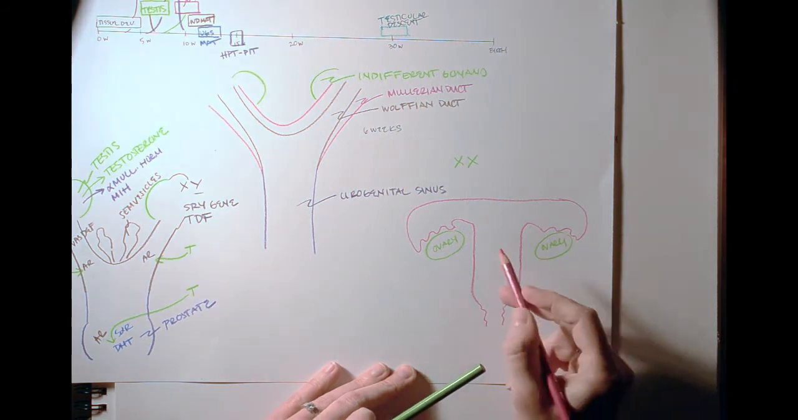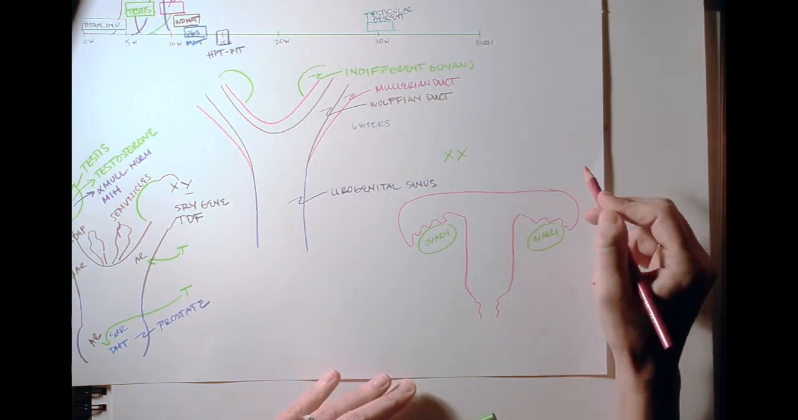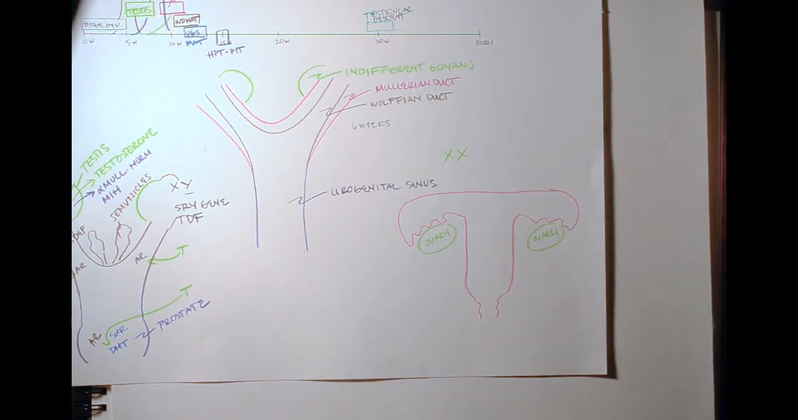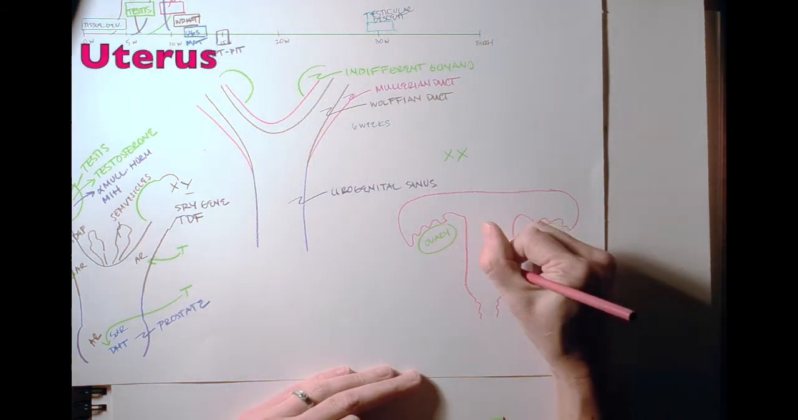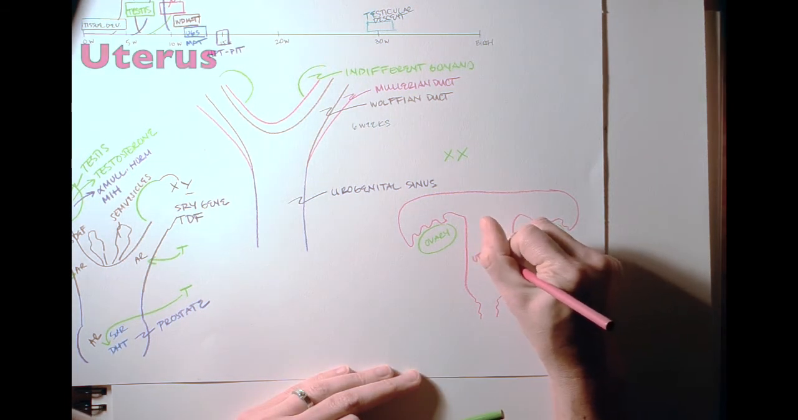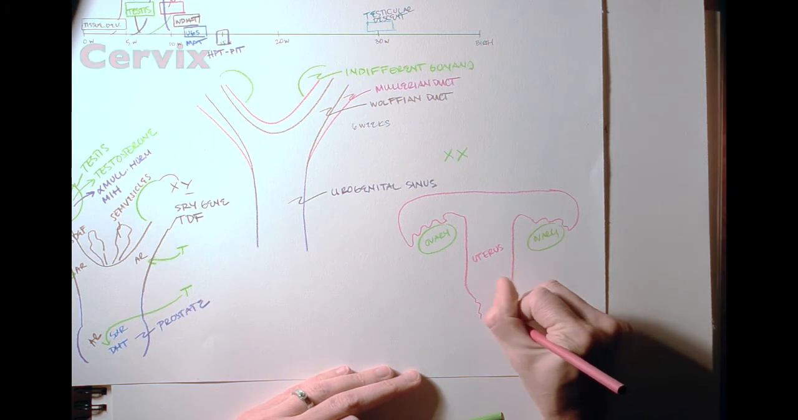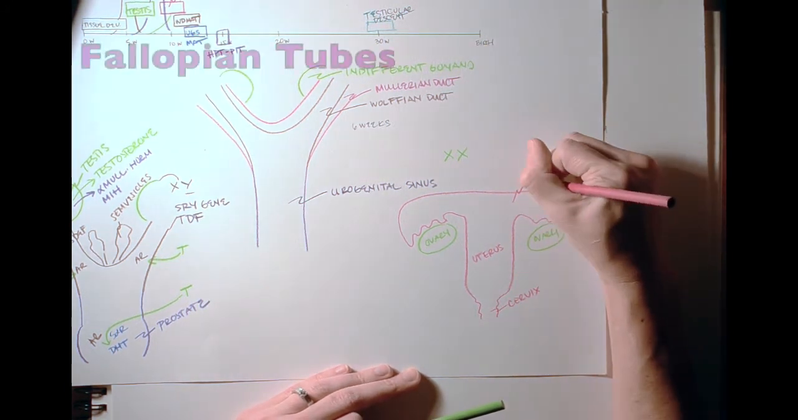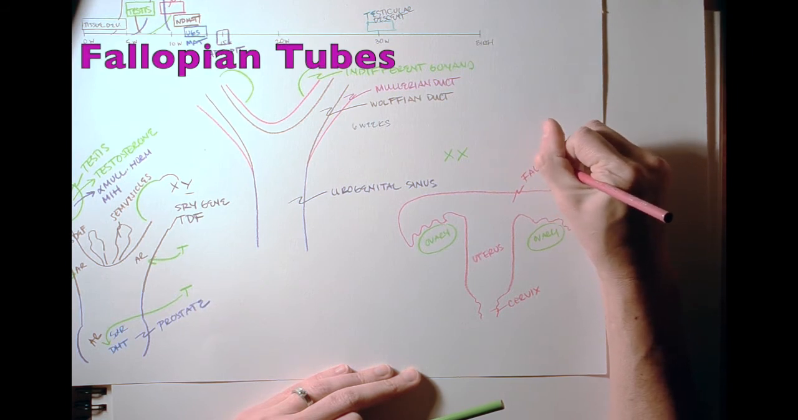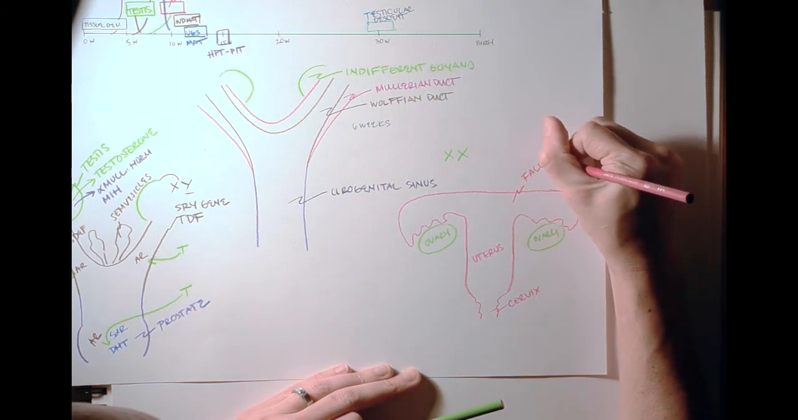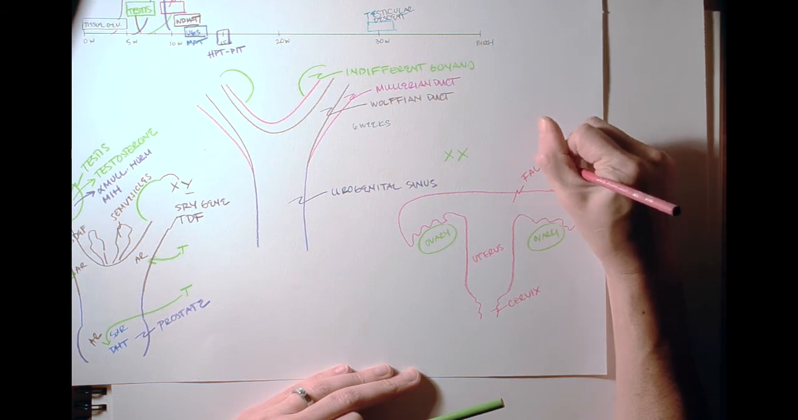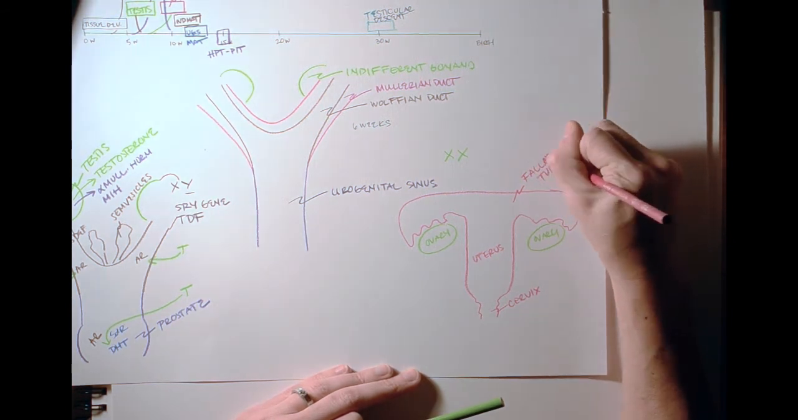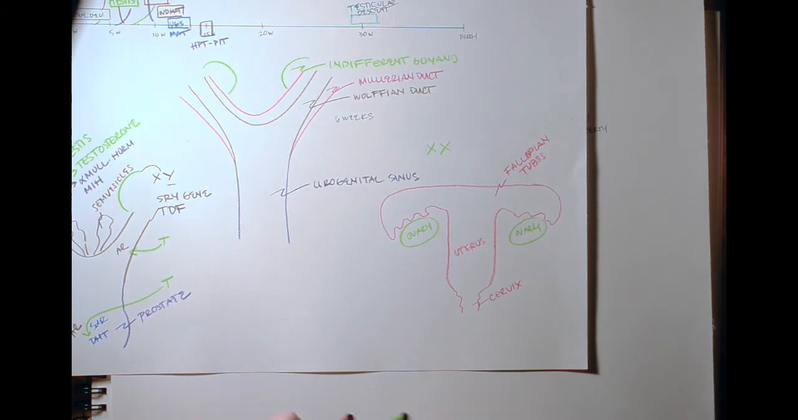This is quite possibly one of my worst diagrams, but you'll get the picture. We'll draw this again. So this was the uterus. This is the cervix. And these are the fallopian tubes, or the oviducts. All right, so this is, again, sort of the default condition where we have no testes determining factors,